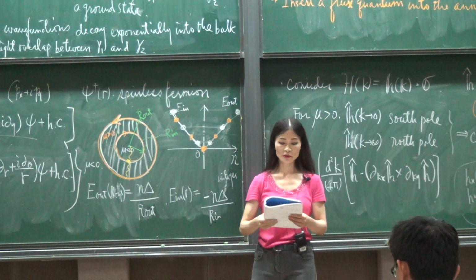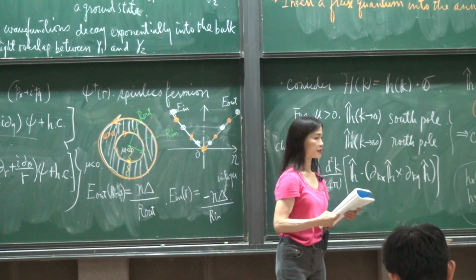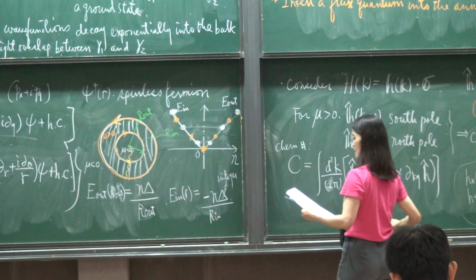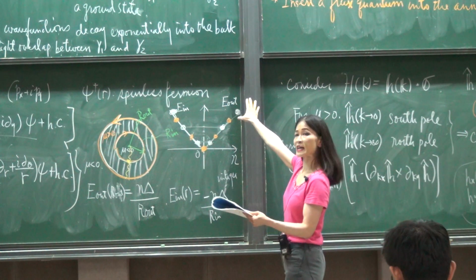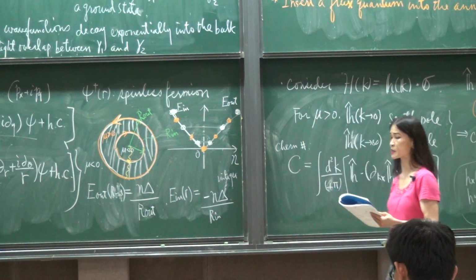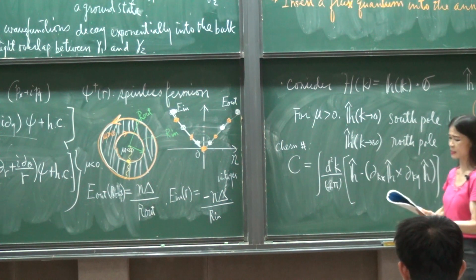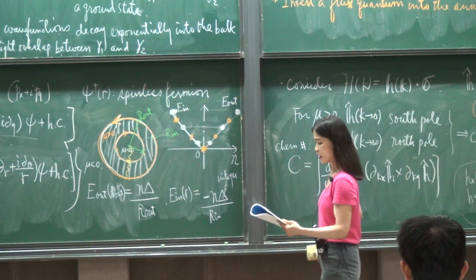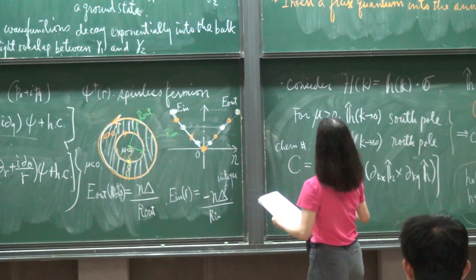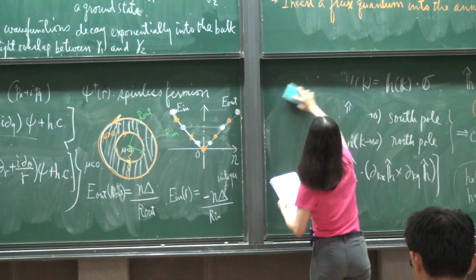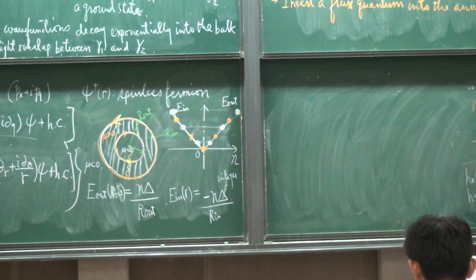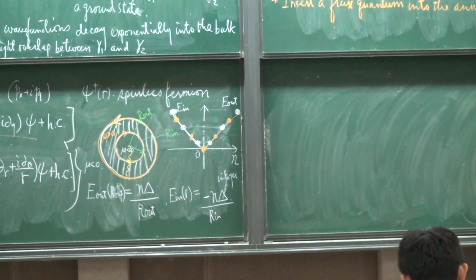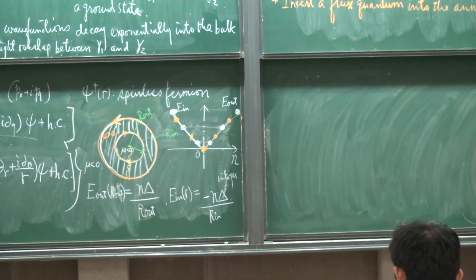But the last thing I do want to tell you, so I will go a little over time, is an important concept that people use to construct realistic situations. All of these things I have described so far, you may say, okay, they're not typical superconductors. We cannot easily find spinless superconductors. We cannot easily find p-wave. But actually, there are ways you can do it without having to really have a p-wave superconductor. You can effectively induce the p-wave superconductor. In the interest of time, I will just do a qualitative description. So how do you do that?